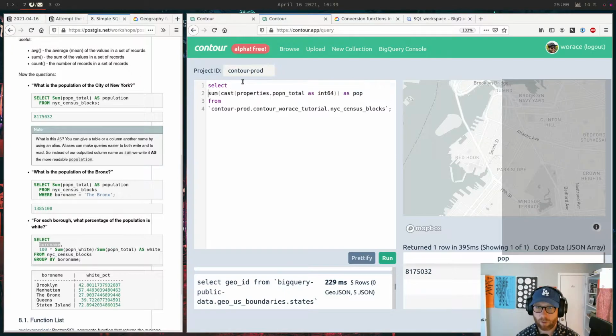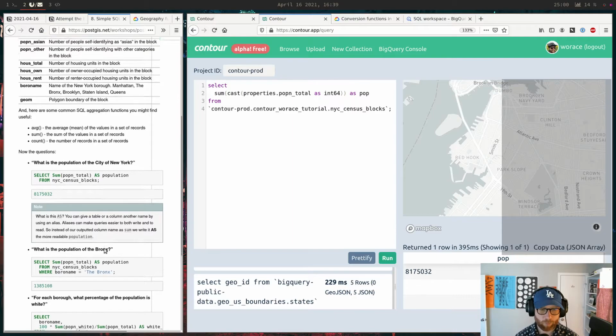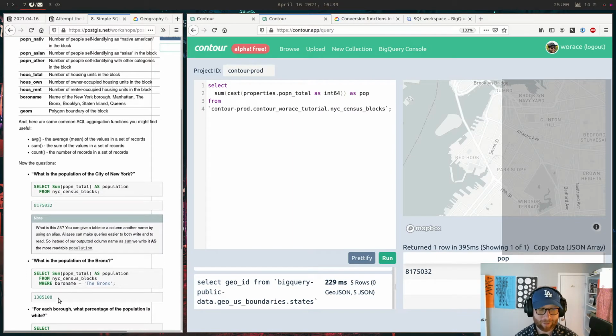All right, so that's our total pop. And then what are they counting? They're counting percent white. So for each borough, I guess what I should really do is hide these. I should somehow hide the answer until I look at the question. For each borough, what percentage is white?